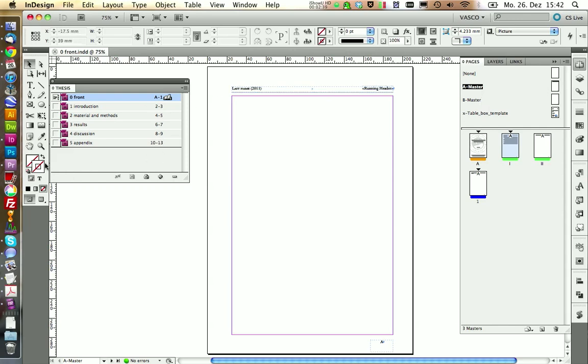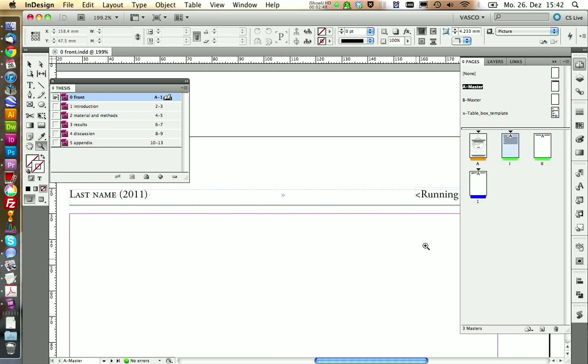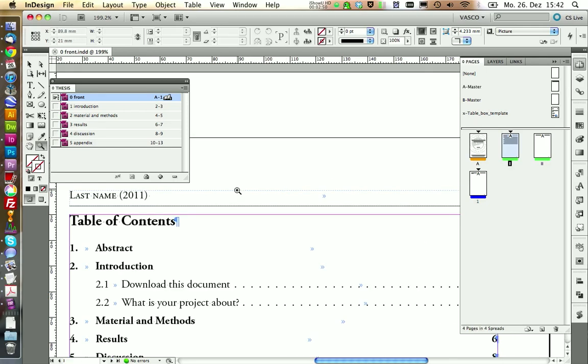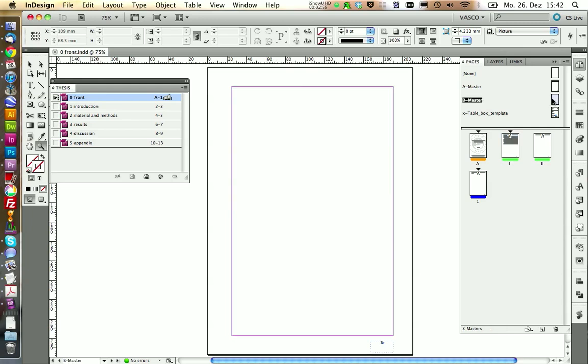Then you might want to change your header. It's this one over here. So you can decide if you want to have a header or you don't want to have a header. If you take a look again at this page, it has master A applied, and we have a master B that has no header at all.